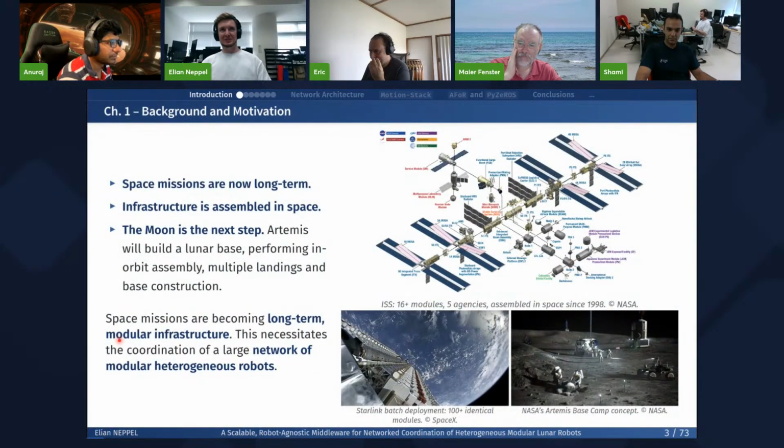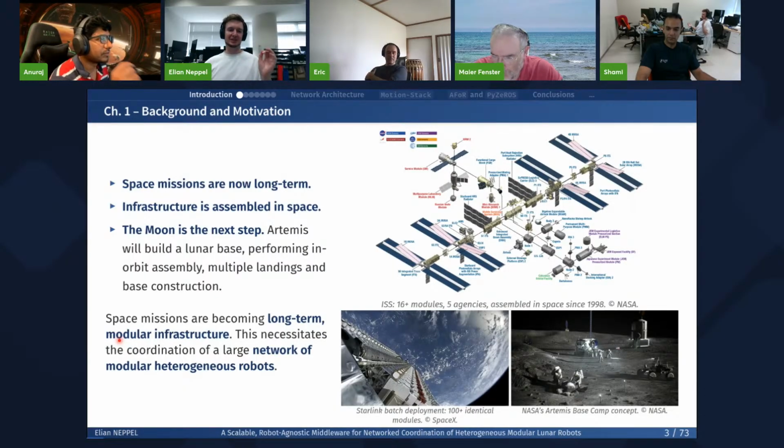As a background, you might have noticed that recently space missions are becoming longer and longer. If we take, for example, the ISS, it has been in orbit for more than 20 years with continuous crew rotation every 6 months. We can begin to consider those kinds of projects as space infrastructure. The ISS can be some kind of house or building that is built and continuously maintained in space. The next natural step will be to build a moon base, and this is what the Artemis missions are currently doing by performing in-orbit assembly of multiple rockets, then having multiple landings, and slowly bringing materials to the moon to build this infrastructure.